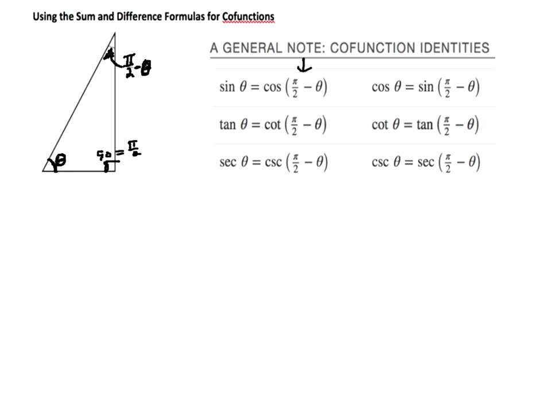So that's what I'm going to do for that first one. I'm going to start with the difference, the cosine of pi over 2 minus theta, and show that that's equal to sine theta. So I start out with cosine of alpha minus beta. That formula is cosine alpha,